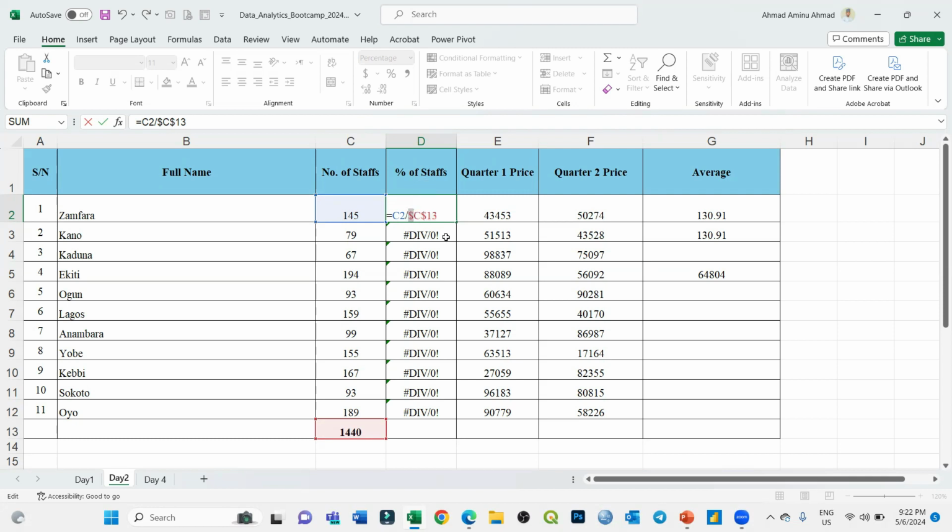Just come in front of C, put $. Come in front of 13, that is the row number, put $. You are done. You don't even need to stress yourself with that F4. Put the $ before the column and before the row, then you press enter. So now